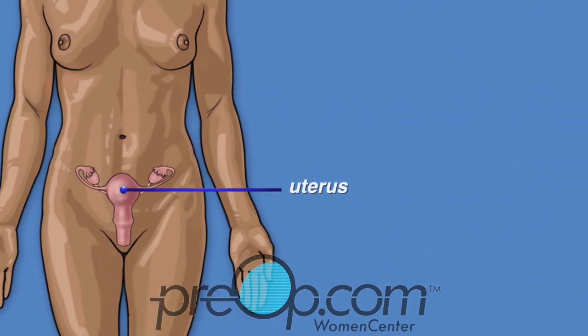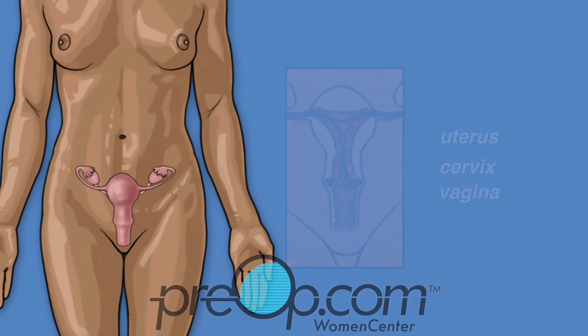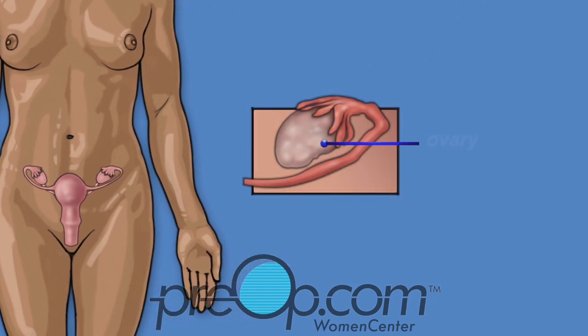The uterus is in the lowest part of the abdomen, between the hips. It is where a baby grows in a pregnant woman. The cervix is the bottom of the uterus and connects it to the vagina. The cervix is also called the neck of the uterus. The ovaries and fallopian tubes attach to the top of the uterus. These structures are all part of the female reproductive system and are needed for a woman to naturally make a